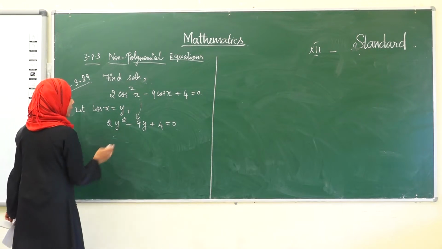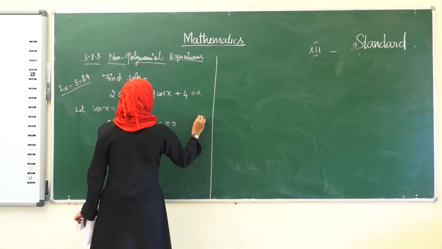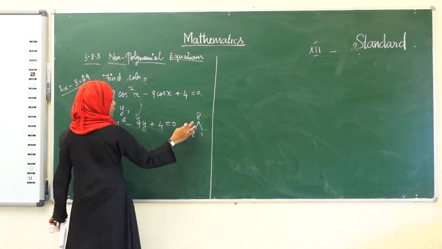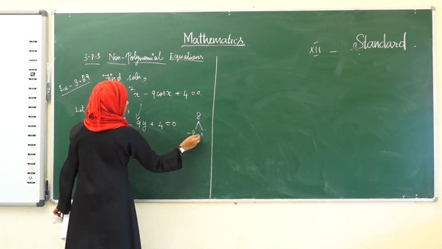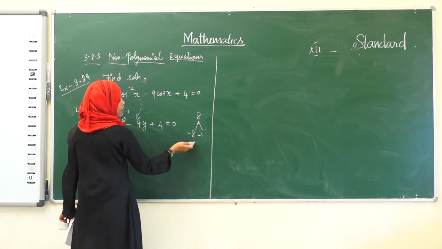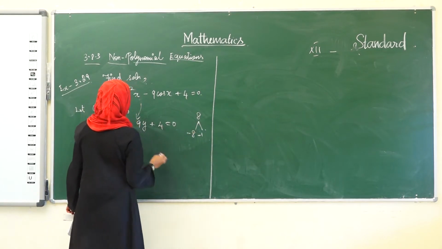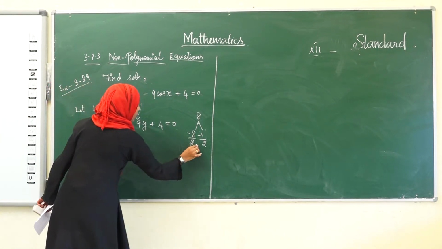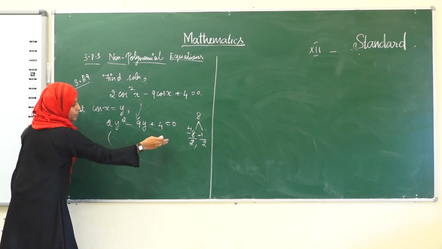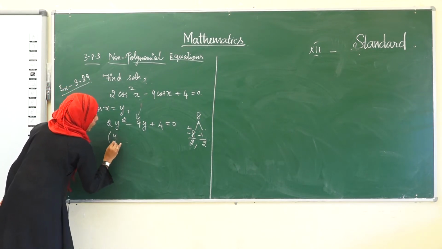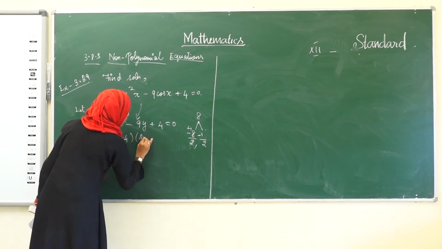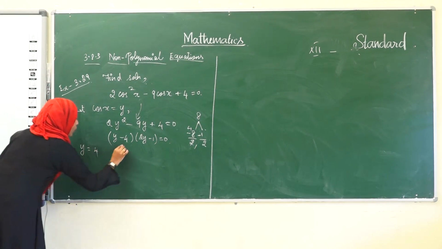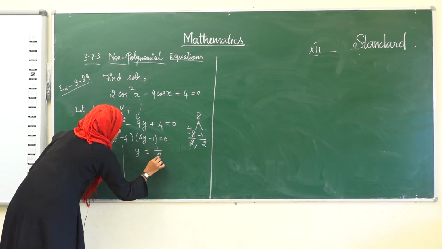Okay, now we got the quadratic equation. We can solve this. 4 into 2 is 8. Okay, we should get minus 8 and minus 1, because on multiplying we should get plus 8. Therefore, while adding this we get minus 9. On multiplying minus 8 into minus 1 we get 8. Therefore divided by 2, since the highest degree coefficient is 2. So what are the factors? (y minus 4) into (2y minus 1) equal to 0. What are the values of y? y will be equal to 4 or y will be equal to 1 by 2.